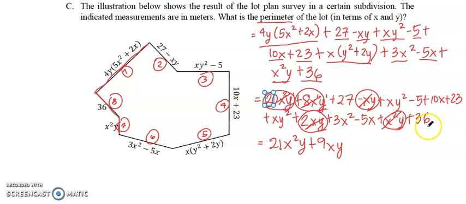Okay, next, we proceed with the next term, positive 27. So, there are some numbers or constant terms. So, we add all of the constants, 27 plus 23 plus 36. So, 27 plus 23 is 50. 50 plus 36 is 86. So, we have plus 86. Crash out ulit natin.